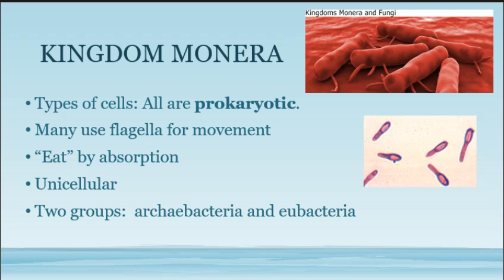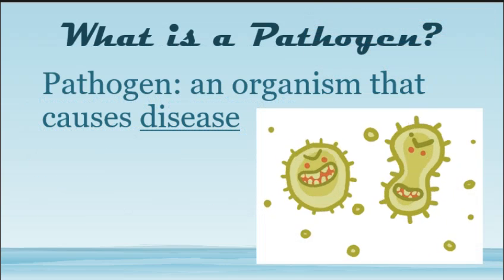How they survive is they just absorb stuff. And oftentimes what they're absorbing is nutrients. For instance, we have bacteria living in our gut right now, and they're very important for our gut. It helps us digest our food. And as we're digesting food, they absorb the stuff they need. So they absorb some of our food too. So we're absorbing it, they're absorbing it. It's all good. All right, let's talk about some pathogens.